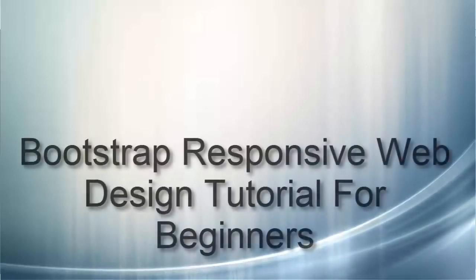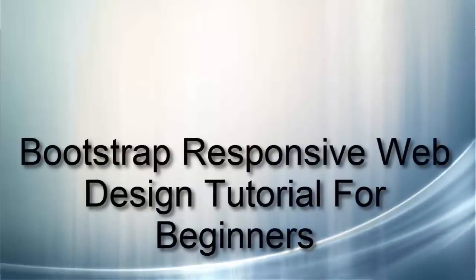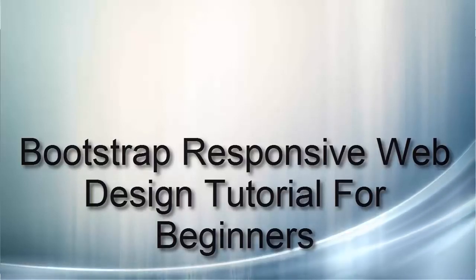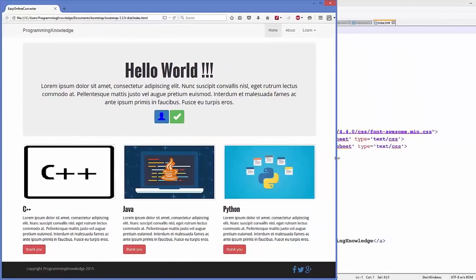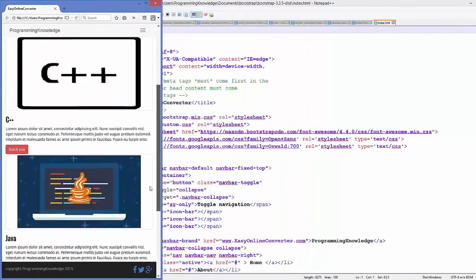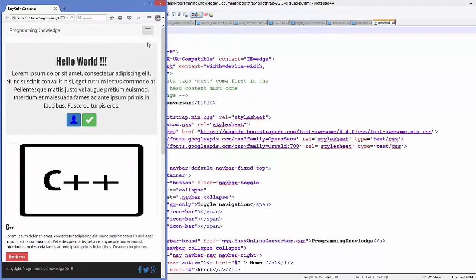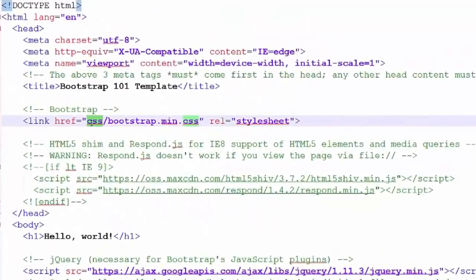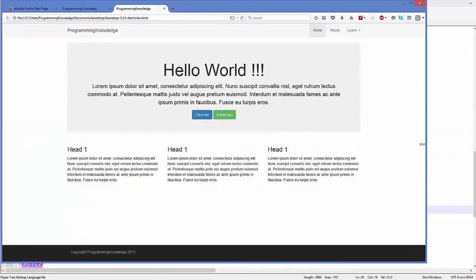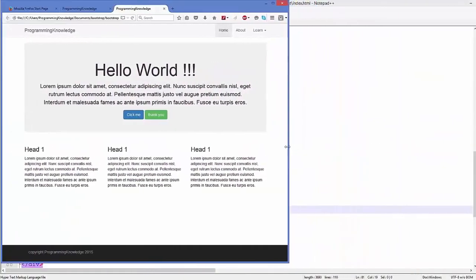Hi, I want to welcome you to this course on Bootstrap Responsive Web Design Tutorial for Beginners. In this course, I'm going to show you how to lay out a responsive website using the Bootstrap framework. I will start by showing you how to take a standard HTML page and dive deep into how Bootstrap layout